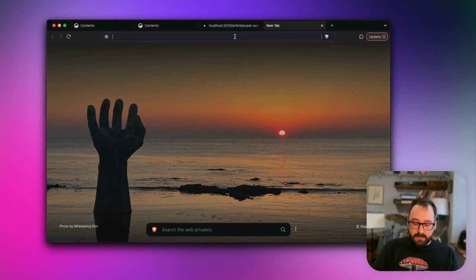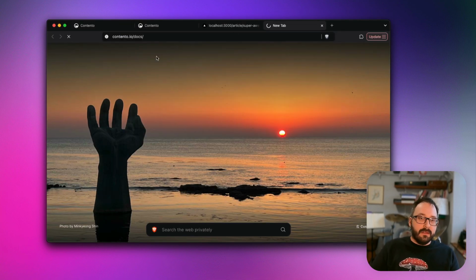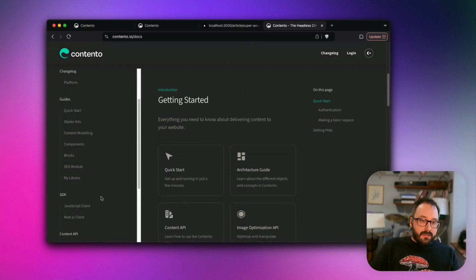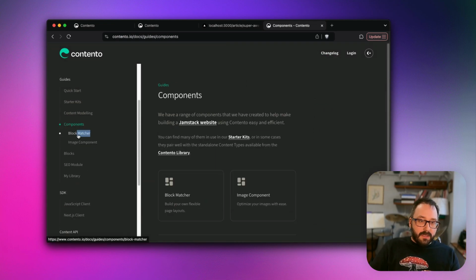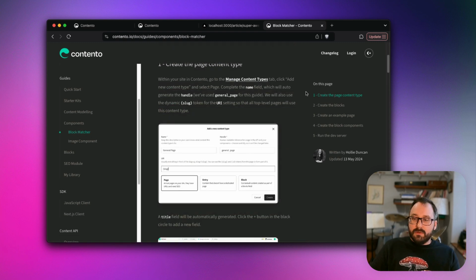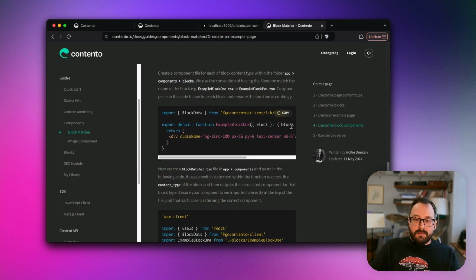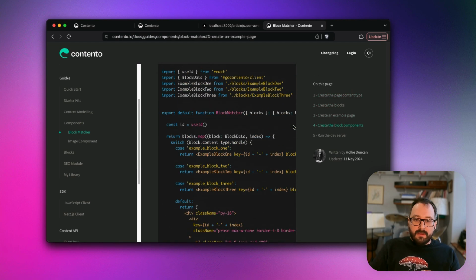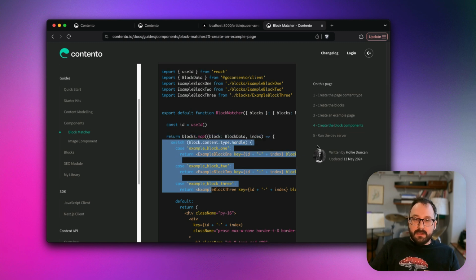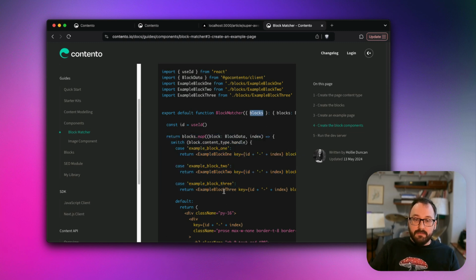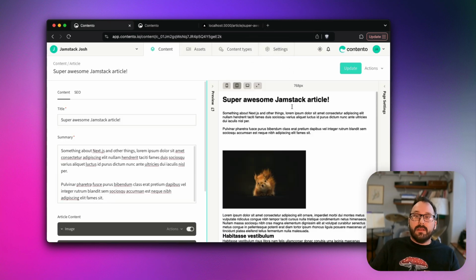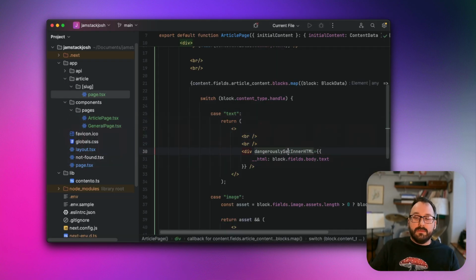And we do have actually a guide on that, which I could link to. Components block matcher. There you go. And this walks you through that method in sort of detail. But essentially you end up with this sort of nice, here's our switch statement, it's encapsulated in a component on its own, and you just pass it the array of blocks and it spits back all of your block components one by one in a big stack. So we'll whiz over how to implement that in the next episode,